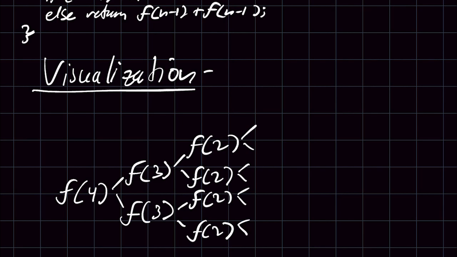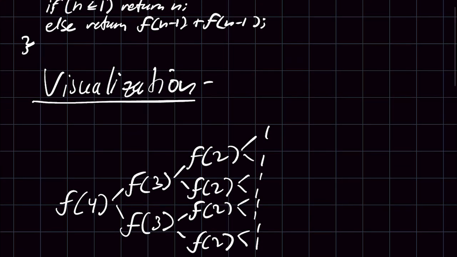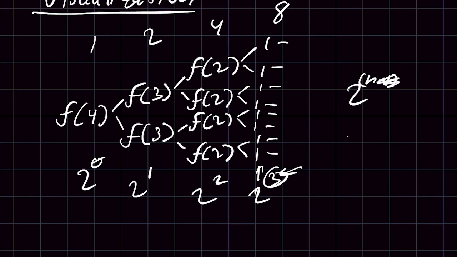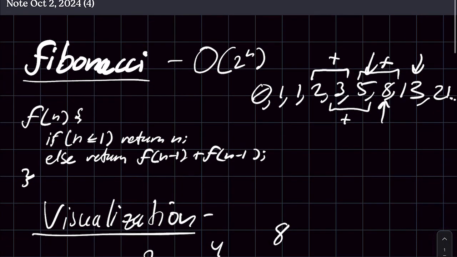But you can just imagine that this is going to call a bunch of functions, 8 total, passing 1, and then each of these will return. And so that's the end of that. But one function call has easily become 2, 4, 8 function calls, and that is also represented by saying 2 to the power of 0, 2 to the power of 1, 2 to the power of 2, 2 to the power of 3. Big O notation, this would be 2 to the power of n, which is an exponential time